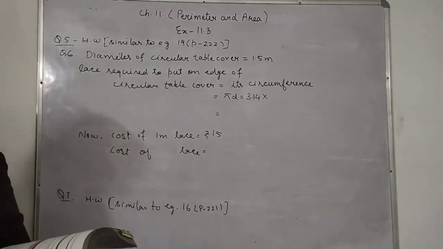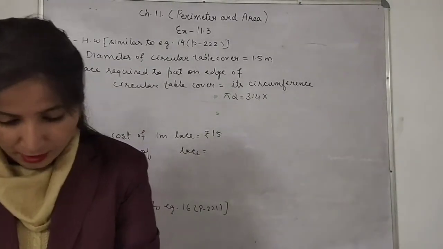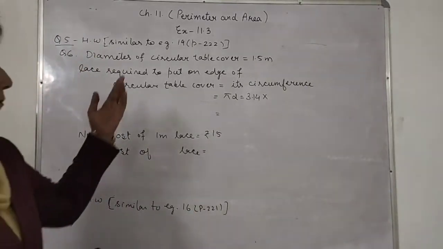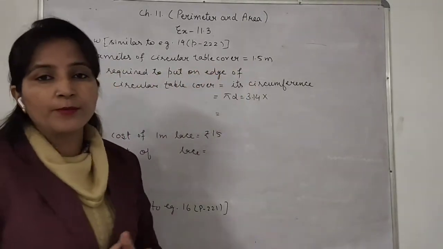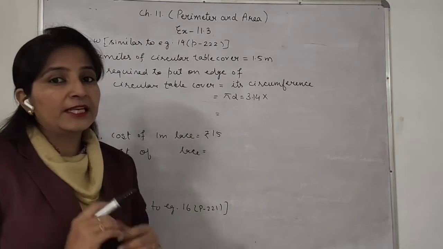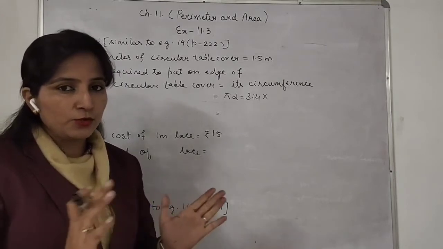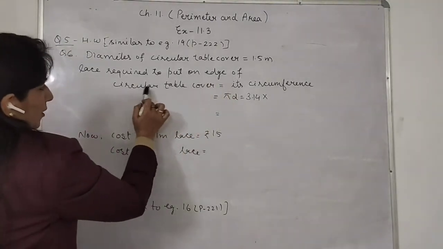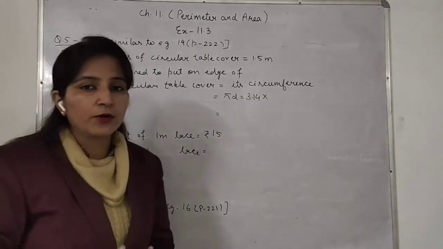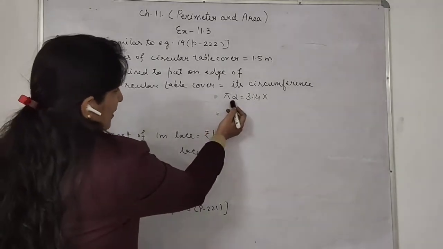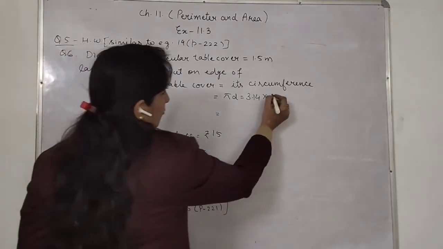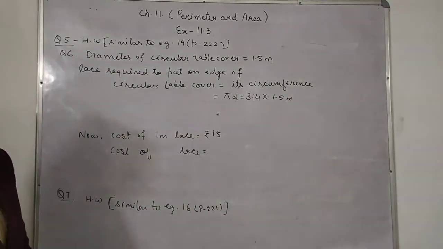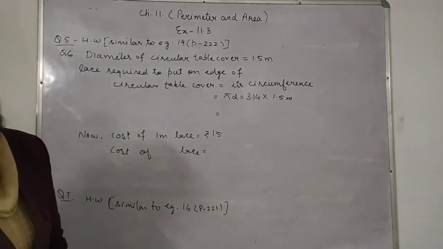Okay. Now question number 6, in which there is a girl Saima who wants to put a lace around a circular table cover. Okay, and the diameter of the circular table cover is given to us, 1.5 meter, and we need to calculate the length which is required for the lace to put around the circular table cover. So lace required to put on the edge of circular table cover is its circumference. So that is pi d, because the diameter is given. So 3.14 into 1.5 meter, the value of the diameter. Now after solving, it will become